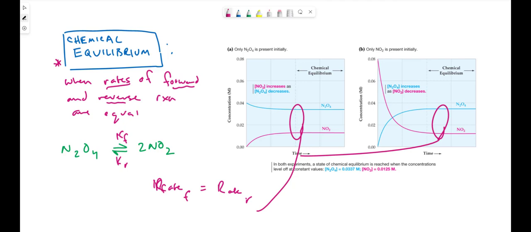Because the rates are unchanging regardless of what you start with in the chamber. They're going to reach the same equilibrium position. It's important to know that the equilibrium position can be affected by external perturbations, like always. So we could change the temperature, we could add other stuff to the system. That's going to take us into this new idea of how do we perturb what the extent of the reaction is,